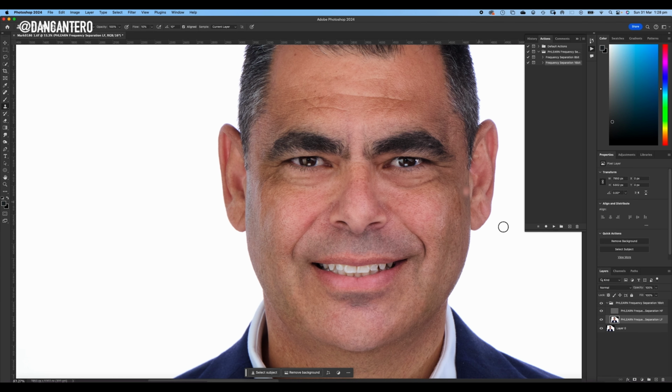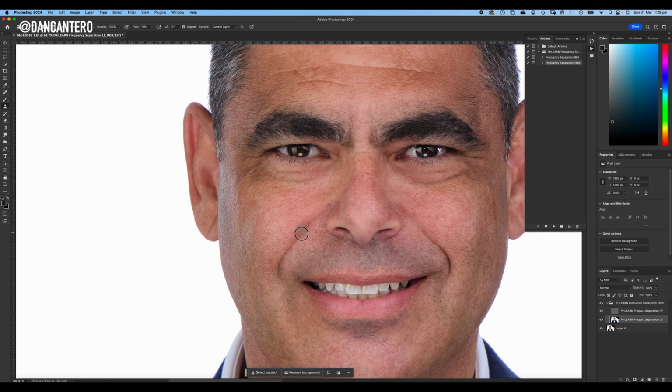Let's look at the before and after. So that redness is going away now. And I would continue to do this. There's a little bit of redness here on the cheek as well. So